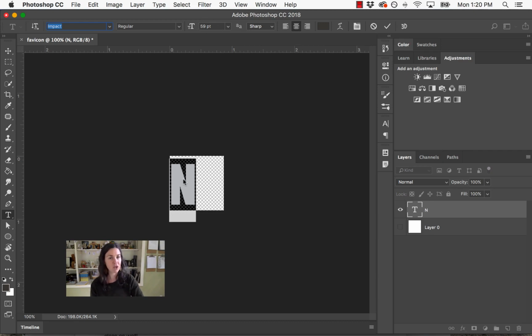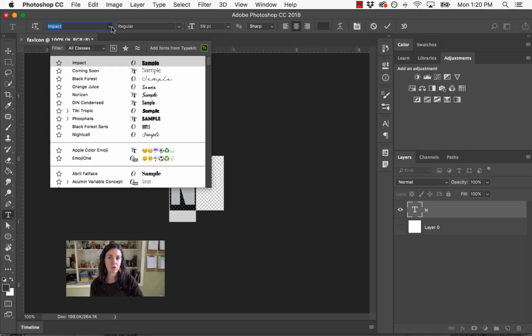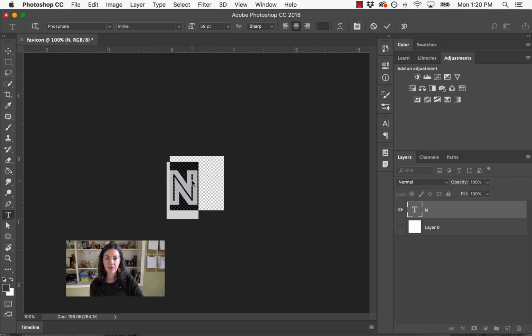Just a little note on this: before you spend too much time working with size and position on the canvas, you're likely going to want to come over here and choose your typeface first. So let's say that I came in and I chose Phosphate. And Phosphate has different geometry, and it's actually going to fit maybe a little bit better inside of my canvas. So I want to make sure I have the typeface I plan on using first before I spend a lot of time dealing with the scaling and the positioning,